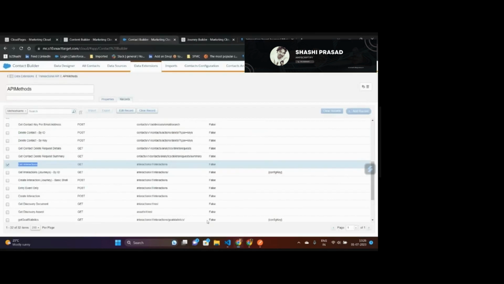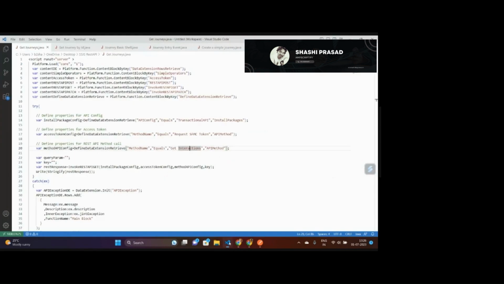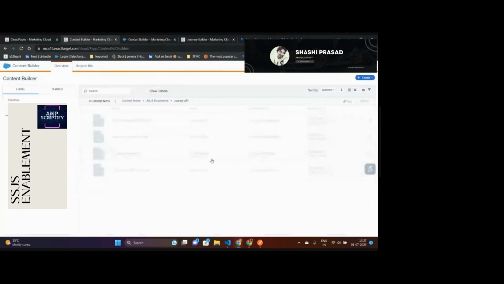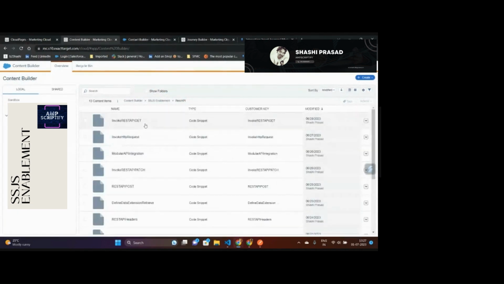So define data extension retrieve for this get interaction means I want to get this particular path, method URL to be called. And if it has any query parameter, any key or other things, we can do that. And I'm trying to call a function called invoke REST API get, right? So if you want to again see what is invoke REST API get,